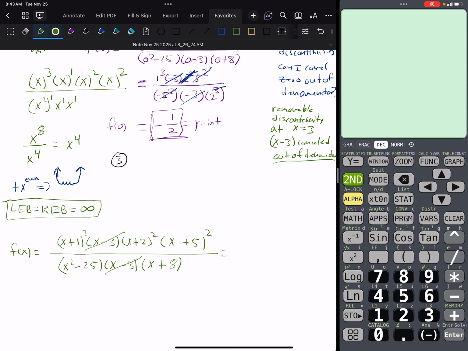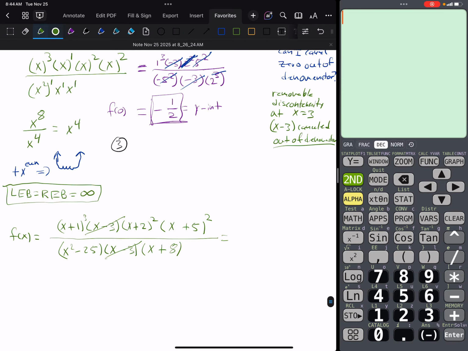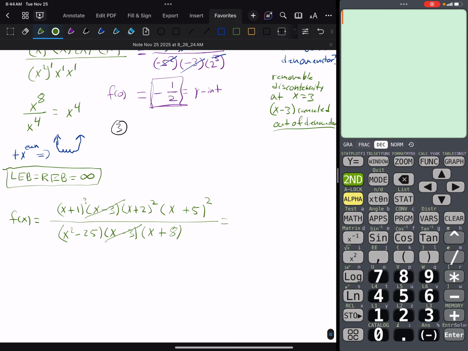Was not left in. There's no vestige of x minus 3 left in that denominator. And so I note that I have a removable discontinuity, or a hole, at x equals 3. I'll have to find that y value later. Okay, now I've got x plus 1 cubed, x plus 2 squared, x plus 5 squared, all divided by,